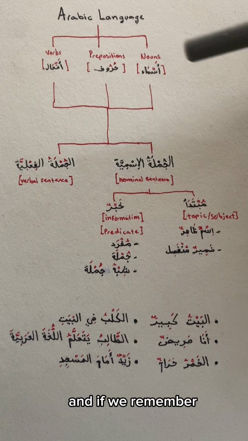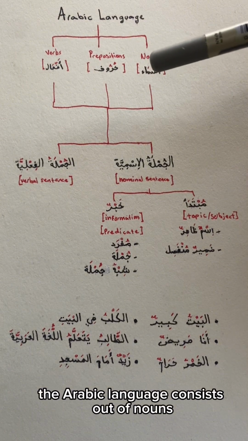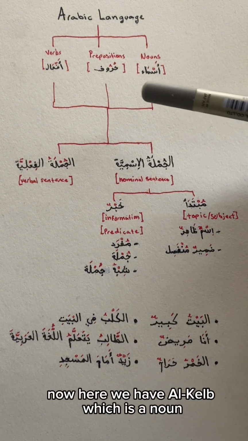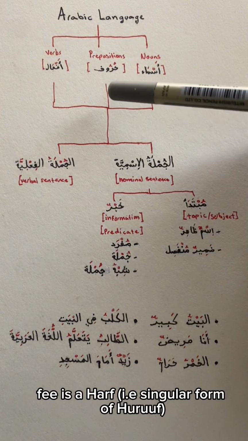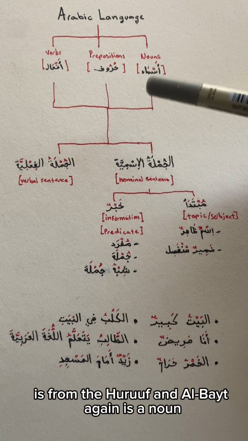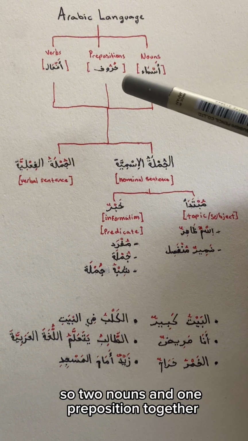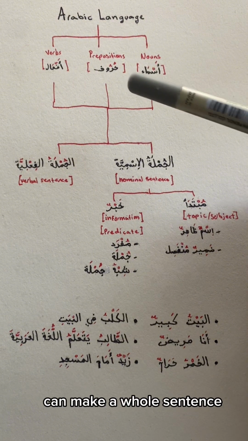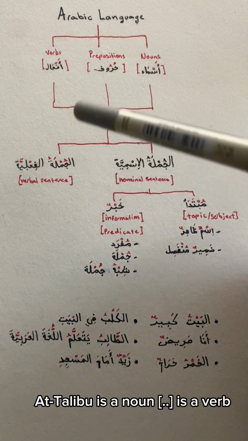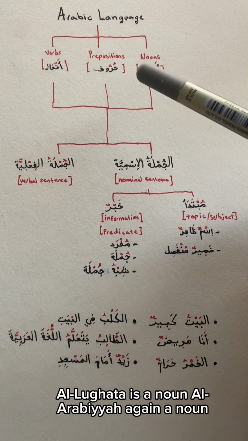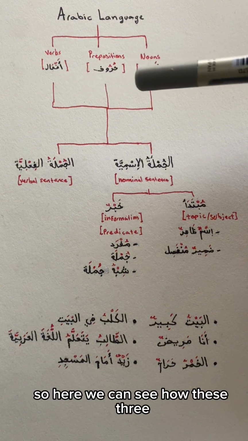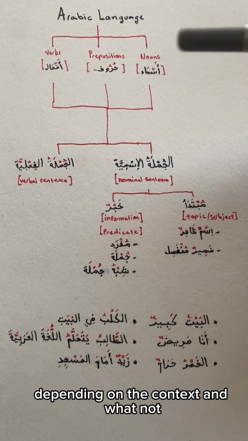And if we remember, the Arabic language consists of nouns, prepositions, and verbs. Now here we have al-kalb, which is a noun. Fi is a harf, it's from the huruf. And al-bayt, again, is a noun. So, two nouns and one preposition together can make a whole sentence. Al-talibu is a noun. Yata'allamu is a verb. Al-lughata is a noun. Al-arabiyyah, again, a noun. So here we can see how these three, when you mix them up, depending on the context and whatnot, you